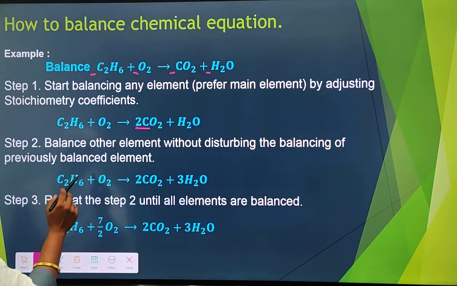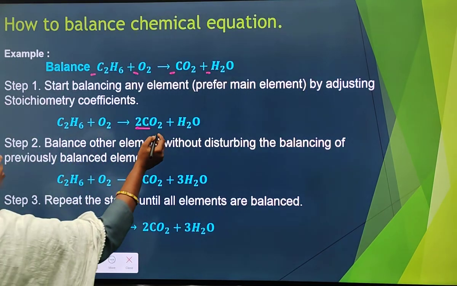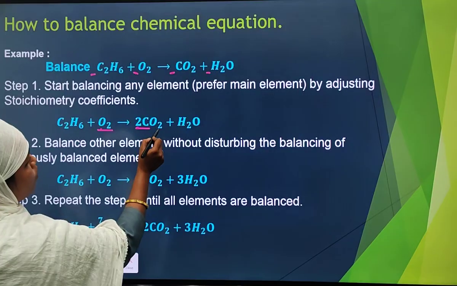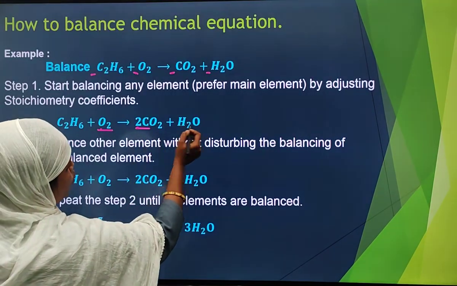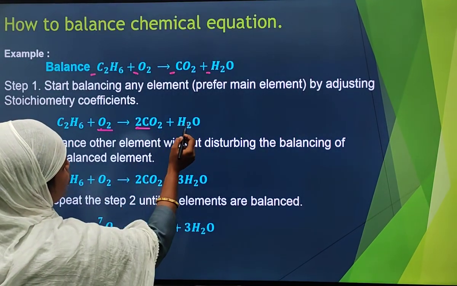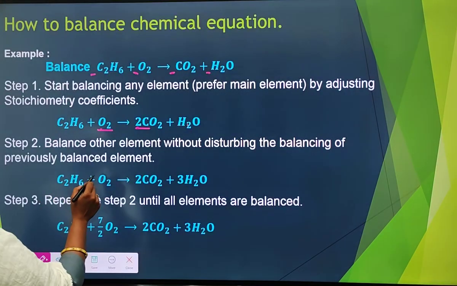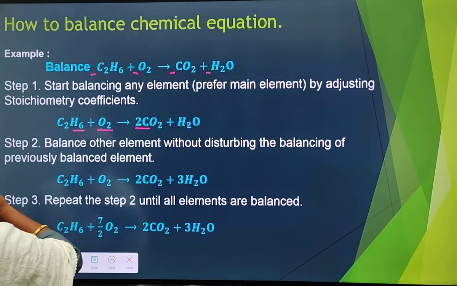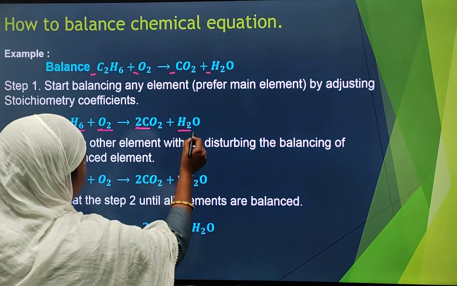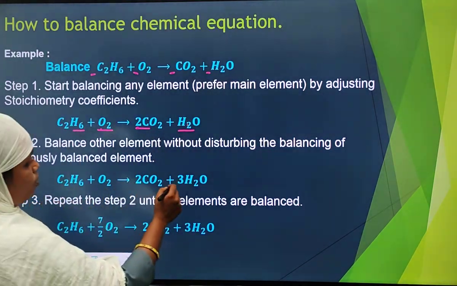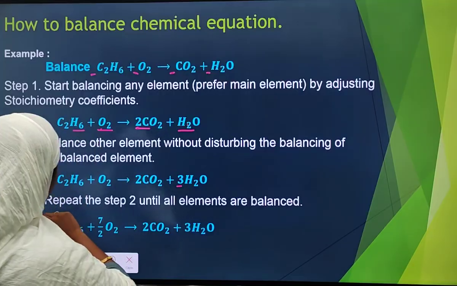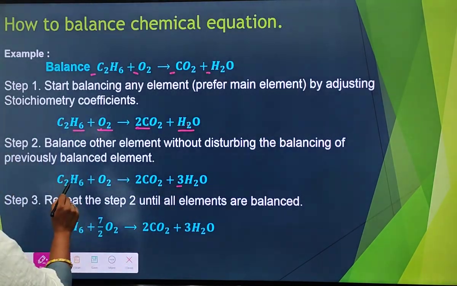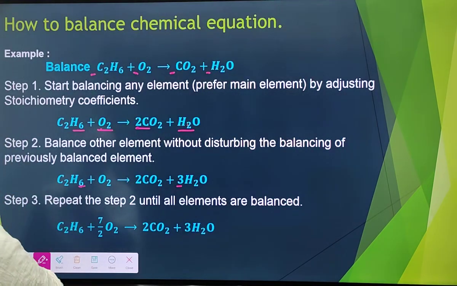Now in the second step you see, in this step as well, oxygen only 2 is present, whereas over here 2 into 2 is 4 plus 1 over here is 5 and there is 2 H2O. So over here now we'll try to balance water. I see hydrogen also, 6 hydrogen is present over here and 2 hydrogen is present over here. So now over here we have put 3 in front of H2O. So now hydrogen is also balanced. Here 3 2s are 6, so here 6 hydrogen.